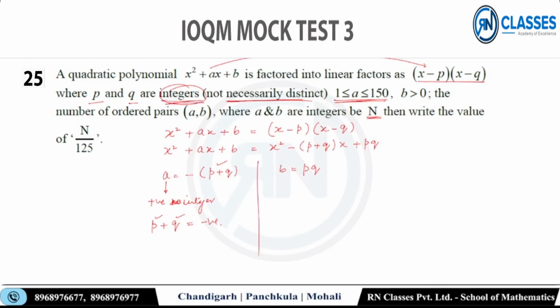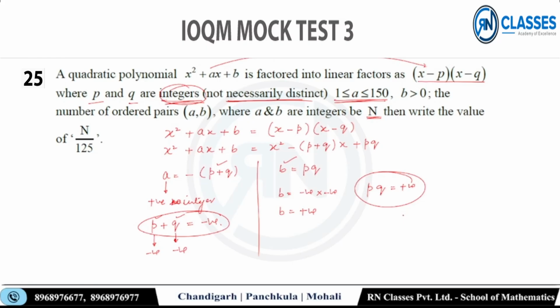अगर p plus q नेगेटिव है और p and q both are integers, तो दोनों नेगेटिव होने चाहिए, तभी सम नेगेटिव बनेगा, right। सो p into q एक नेगेटिव नंबर इंटू दूसरा नेगेटिव नंबर, तो b has to be positive, right। नेगेटिव इंटू नेगेटिव बी पॉजिटिव, तो b पॉजिटिव है, मतलब कि बिल्कुल ठीक सोचा है। सो pq has to be positive, ठीक है। p plus q नेगेटिव नंबर है, pq पॉजिटिव नंबर, ठीक है, मैंने ठीक से चूज कर लिया।